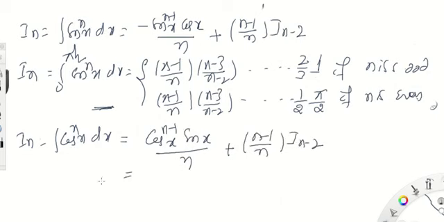We can represent the same formula for the definite integral from 0 to pi by 2 of cos to the power of n x dx. The result is the same, nothing changes: (n minus 1) by n, (n minus 3) divided by (n minus 2), and so on. If n is odd, end with 1. If n is even, you multiply with pi by 2. The last number is 1 by 2. Why? Because these two values are the same in the definite integral.